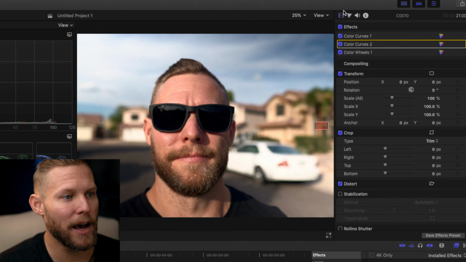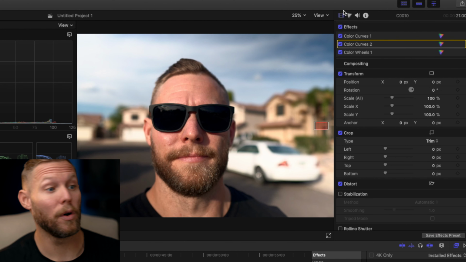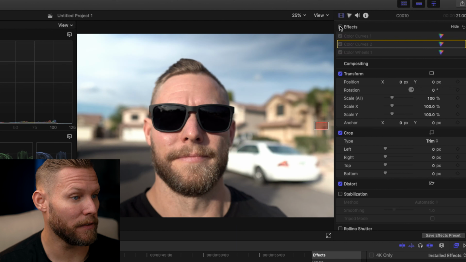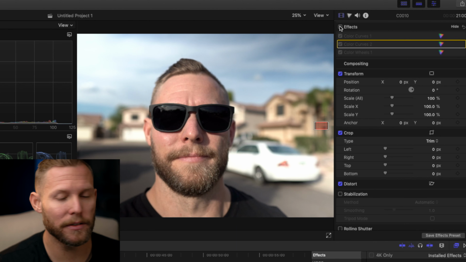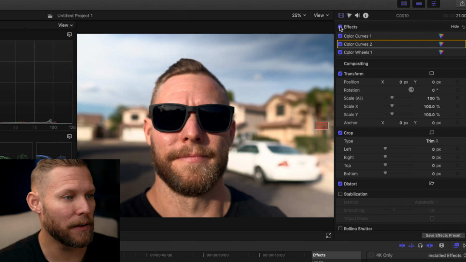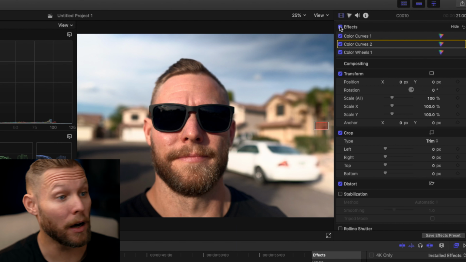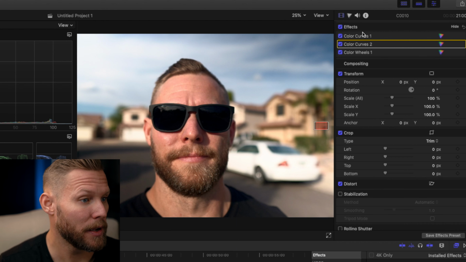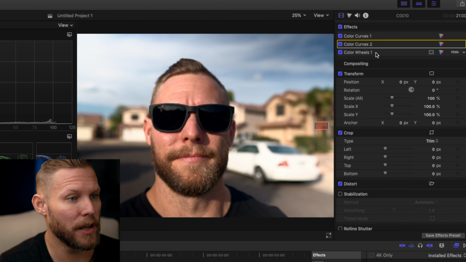And now we're going to go back out and look at the overall picture of what we accomplished. So if we take all the effects off, it's not a bad image, but it's a little flat. Bam, look at that. We just breathed a lot of life into the skin and into the colors that are produced by the camera. And still, it might be just a hair